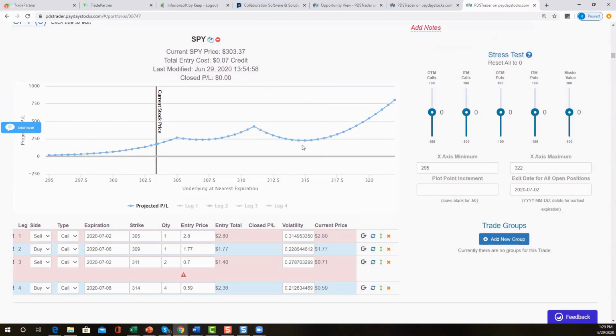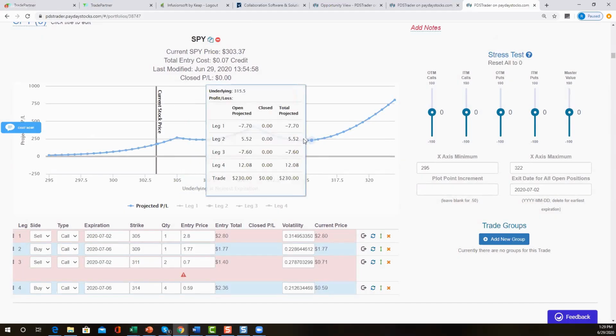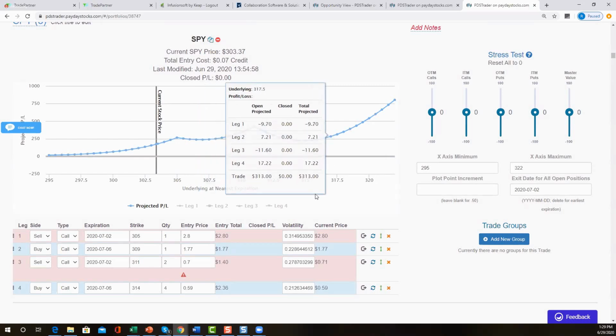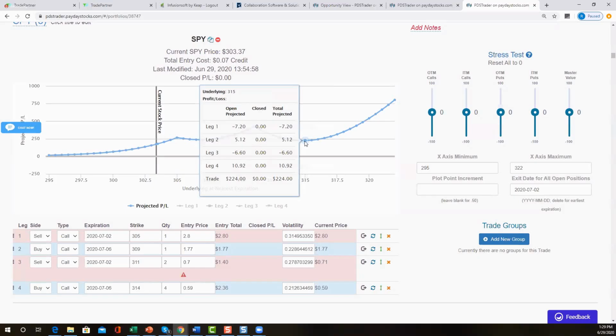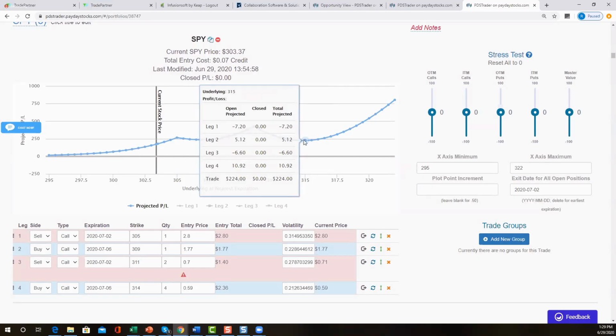All right, so dead zone here, we have 5 longs. The dead zone is at about 250, so that's right about the max that I want to give in this particular situation. But again, we were able to create this dead zone with 2 extra longs. And so if I can bring in any money at 315, which means if I sell a 315 for $1, I'm going to bring this whole dead zone up by $100. If I sell 2 315s for $1 each, I'm going to bring the whole dead zone up by $200.